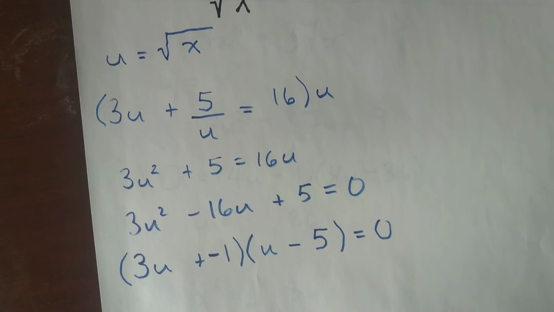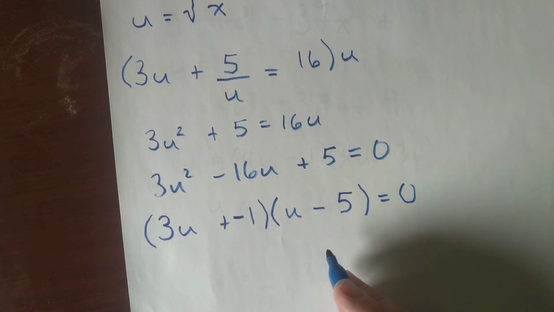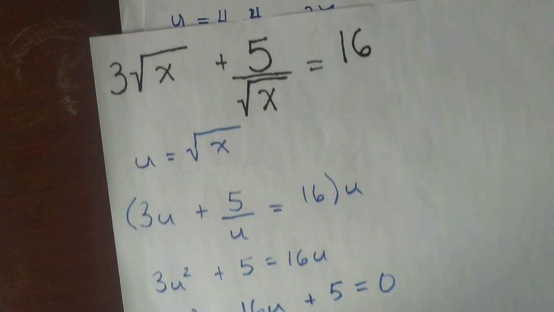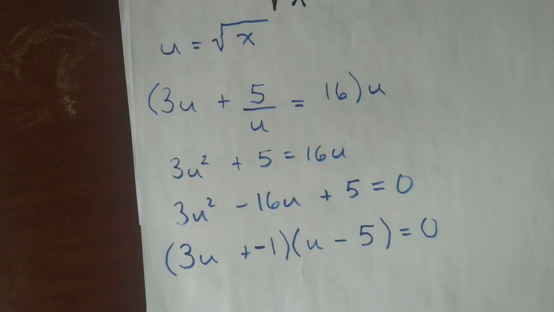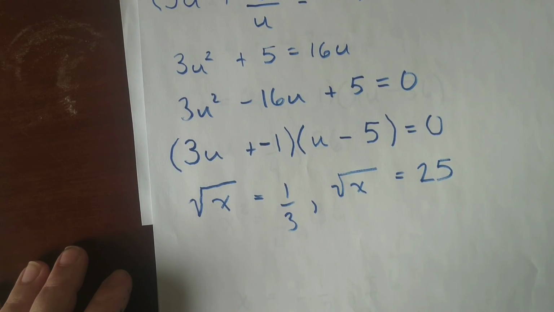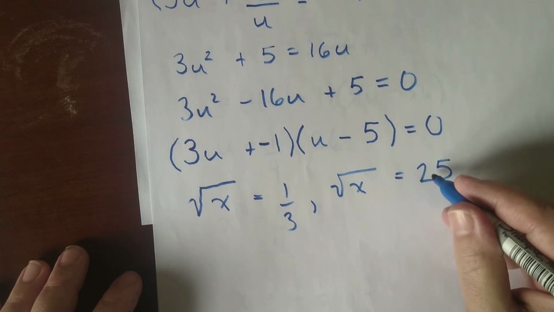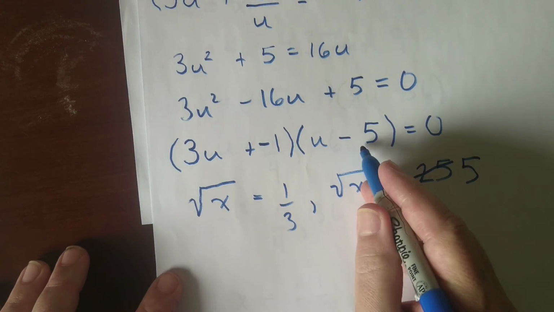And here we go, it's completely factored, and we can go ahead and solve for u, and then we're going to solve for x by substituting square root of x back in for u. Okay, so let's go ahead and do that. And here's what we're left with, and we want to know what x is, we don't want to know what the square root of x is, so we're going to square both sides. Oops, I already took it a step too far here. Okay, we're going to square both sides, but by the way, what happened was I added